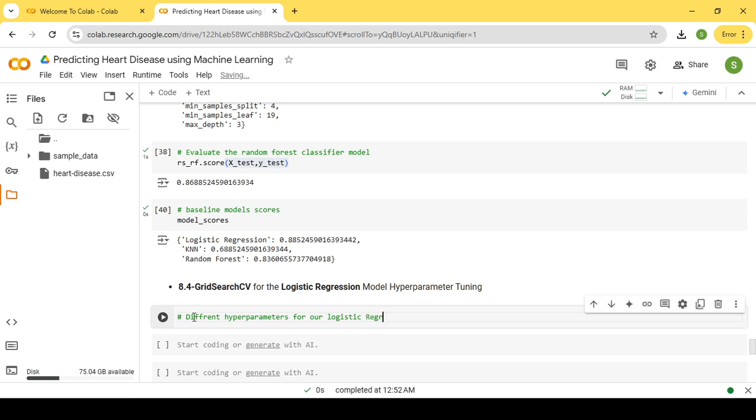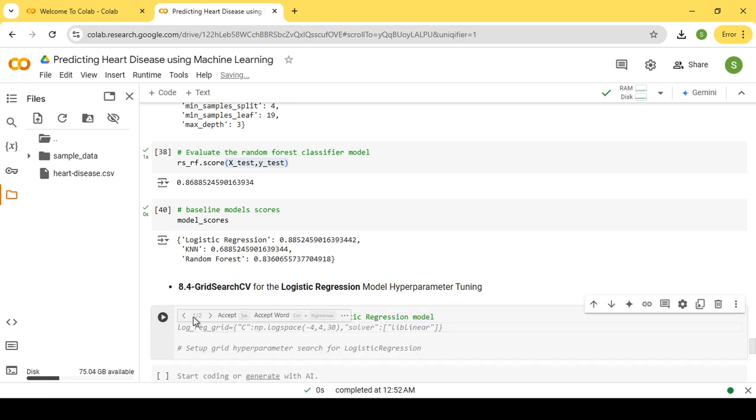Regression model. So we'll set some different hyperparameters, and we'll enable the GridSearchCV to search through all of these hyperparameters and find the best one and return it to us. So to do that, we'll start by setting the log